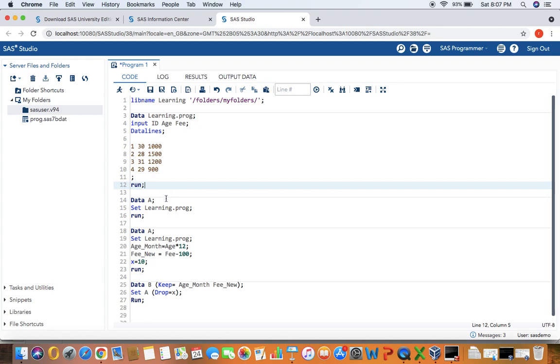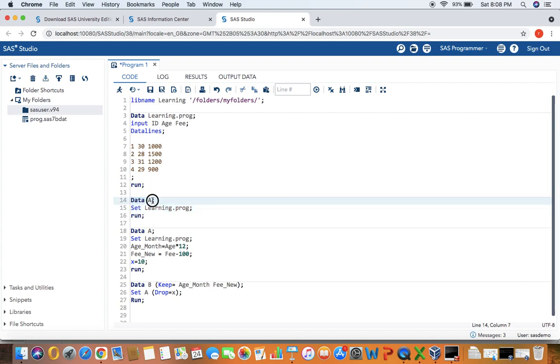We will just understand what we have covered so far. So here if I check line 14, it says data A set learning dot program run. If you remember, this was the very first program that we wrote. What this program is doing is nothing much.